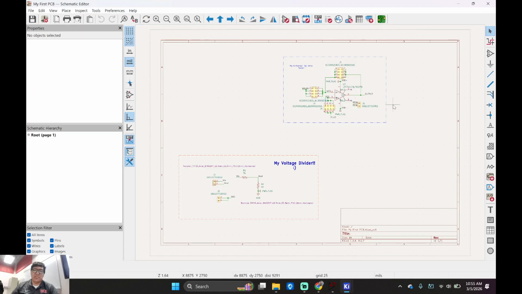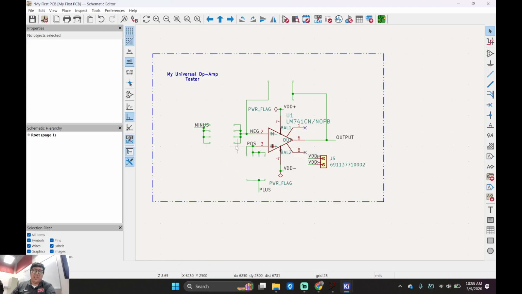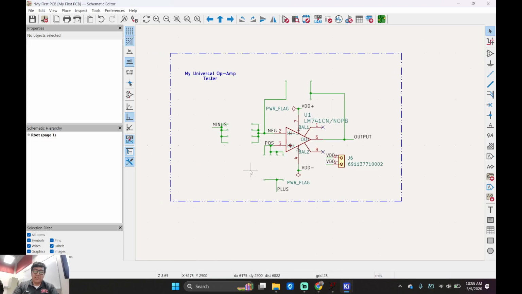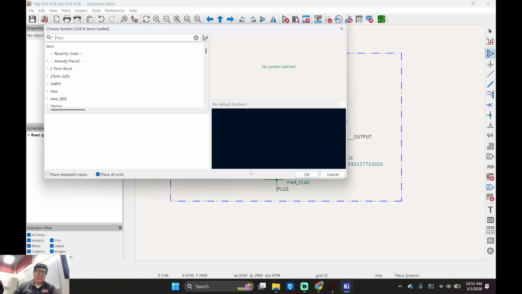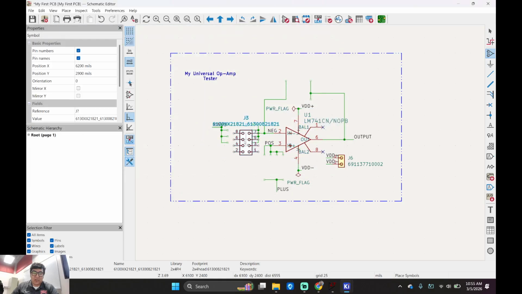Okay, I'm editing a student's board, okay? I'm going to delete these because I don't want them anymore. I could reinstantiate them or rechange the names, but I don't have time for that. So let's do A for instantiating pieces. What's it called? 2x4FH, right? That's what I called it. Put that right here. R to rotate. Control Z. Control C, Control V. R to rotate. Boom. And then Control C, Control V.